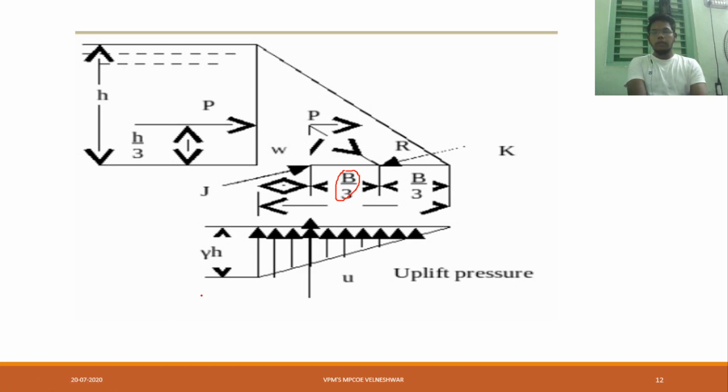Okay, see here. And one more thing, as I said before, the pressure distribution is 0 here and somehow maximum value here. And here we are having some proof also, we will see. Here P is nothing but pressure, or force, the seismic force we have seen, normal seismic force with self weight. Uplift force is U here. P is force, W is weight, and J is the lever arm.